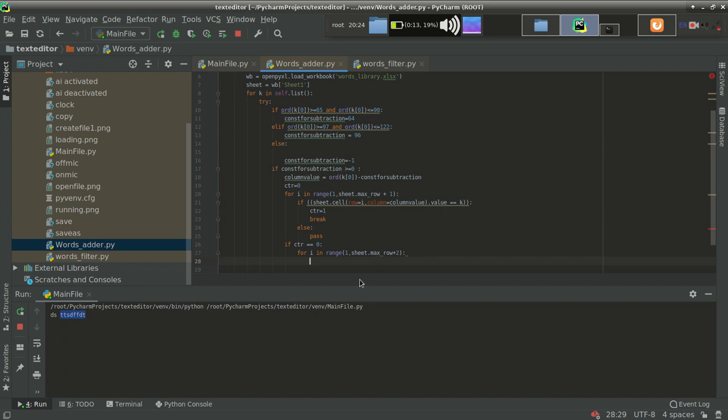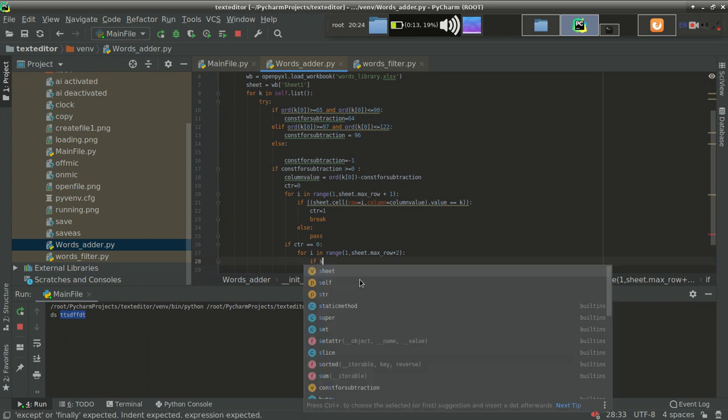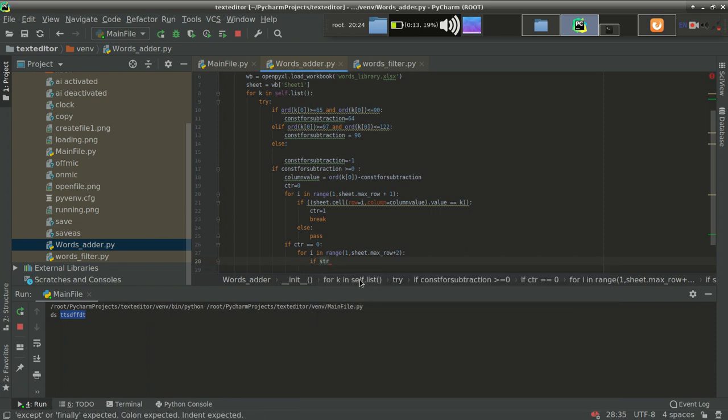So I'm checking if str, I'm converting to str. Let's see what I'm converting.